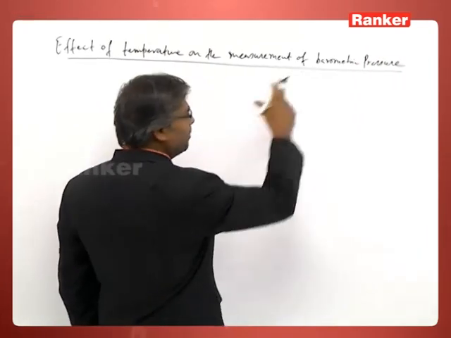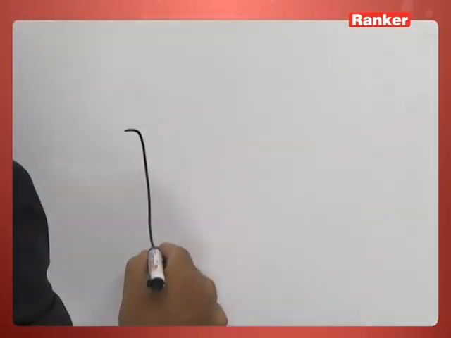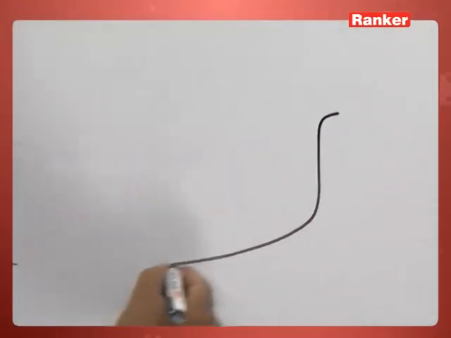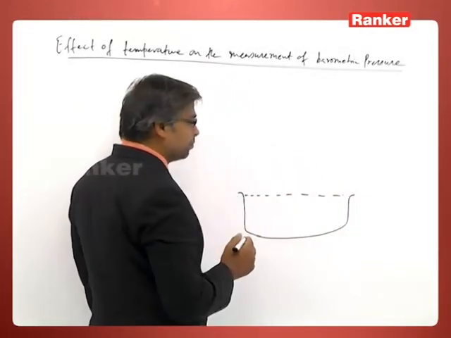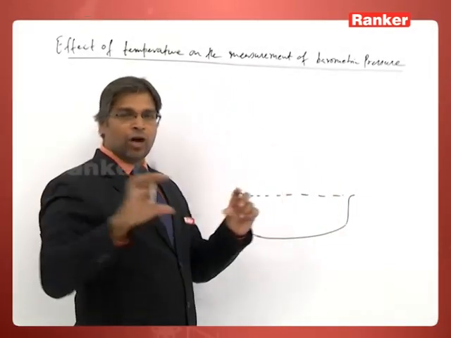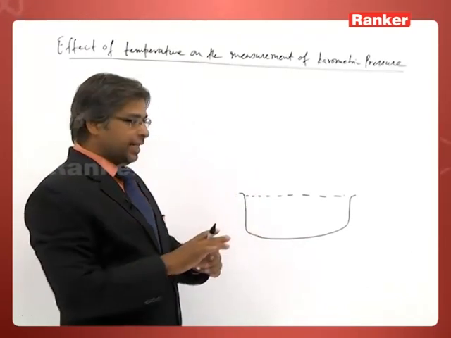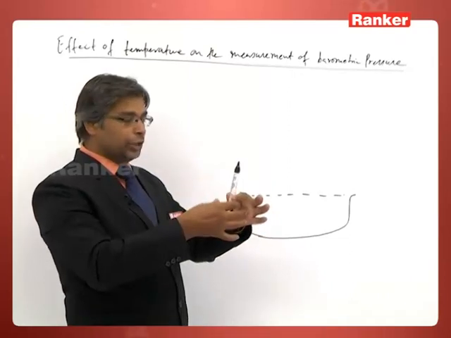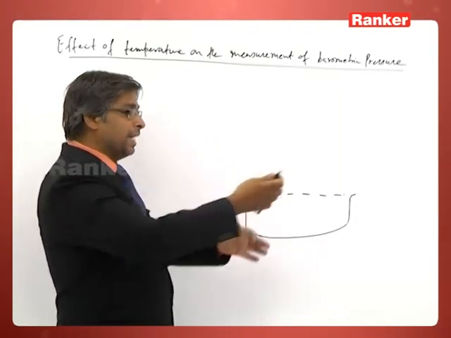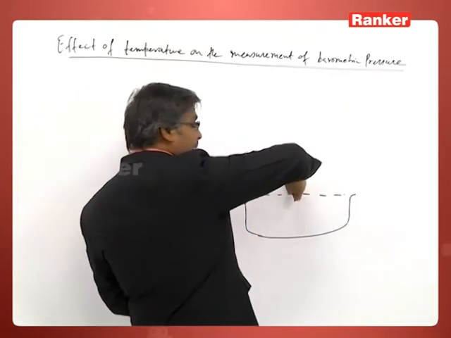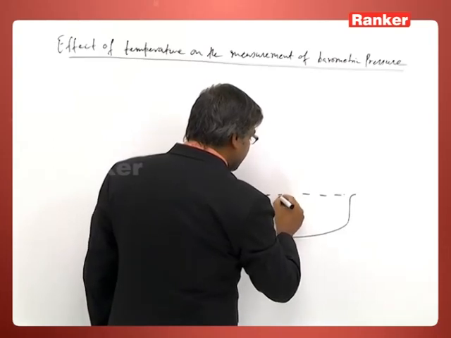A barometer is an instrument used to measure atmospheric pressure. We take mercury in a vessel, this is mercury, and we take a 1 meter long tube completely filled with mercury. We close that end, then invert it and dip it, and then we open it. So, what we find is that